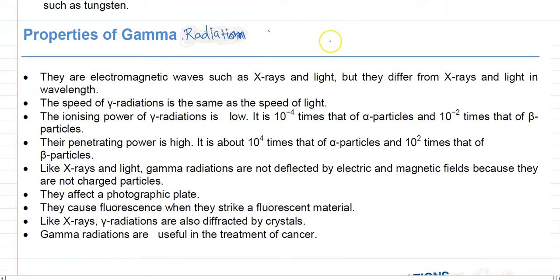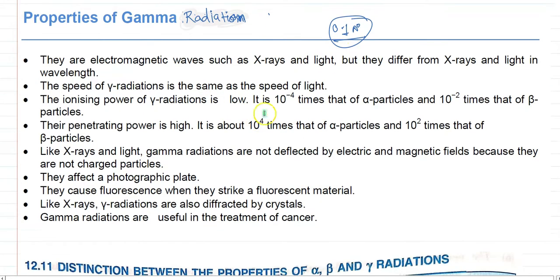We know the minimum wavelength of the X-ray is near about 0.1 Angstrom, and radiations with wavelength less than 0.1 Angstrom are called gamma rays. The speed of gamma rays is the same as the speed of light, as it is an electromagnetic wave and all electromagnetic waves have the same speed. The ionizing power of gamma radiation is low because it is not a charged particle, but it can ionize,